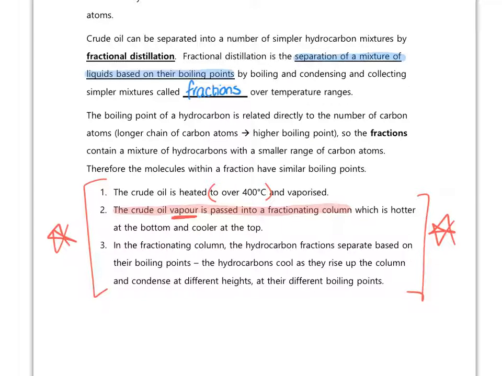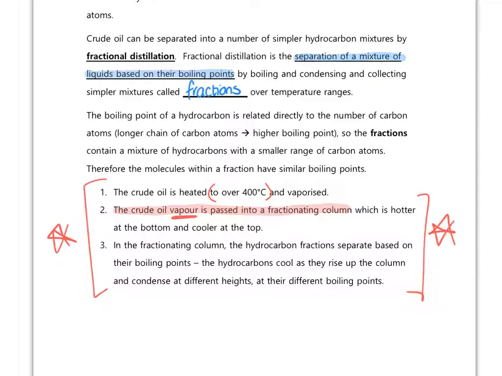So the key point with 1 and 2 there is that you're heating the crude oil before you put it into the fractionating column. So it's not actually being heated in the fractionating column, in which case heat would rise, but it's actually being heated first and then passing into the fractionating column, where actually it's cooling as it passes up the fractionating column, which again you'll be familiar with from your previous videos. But again, if you were asked this in exam, you wouldn't need to say the crude oil vapour is passed into the fractionating column, which is hotter at the bottom and cooler at the top. If you just wrote what I highlighted there, that's the key point. The crude oil vapour is passed into the fractionating column. That's the second key point.